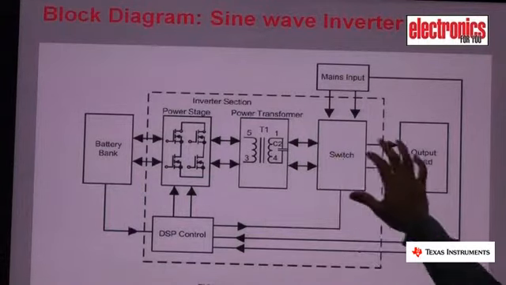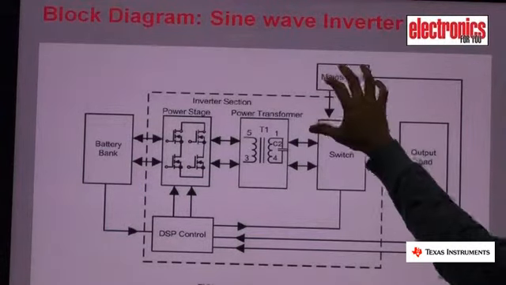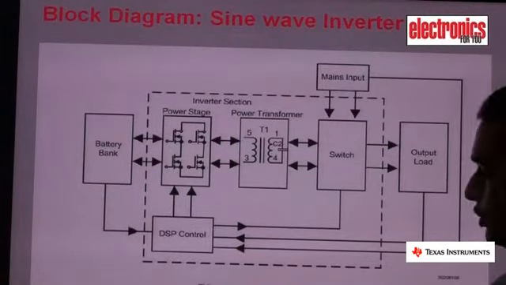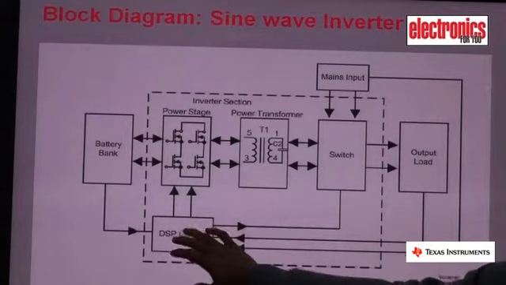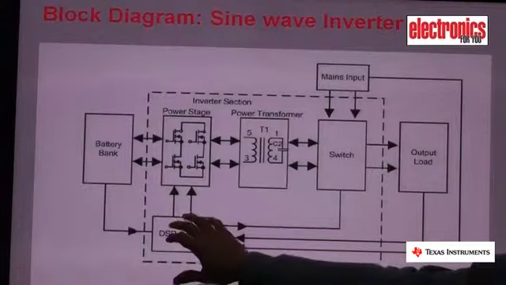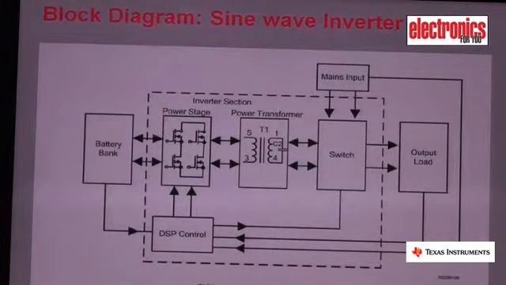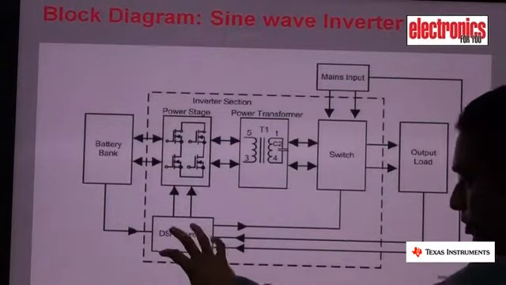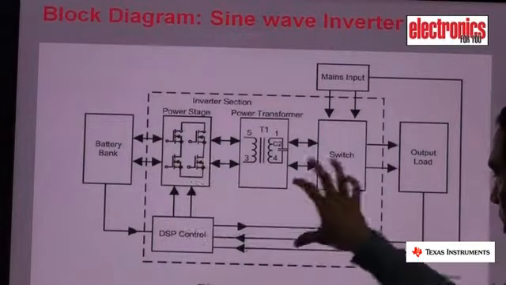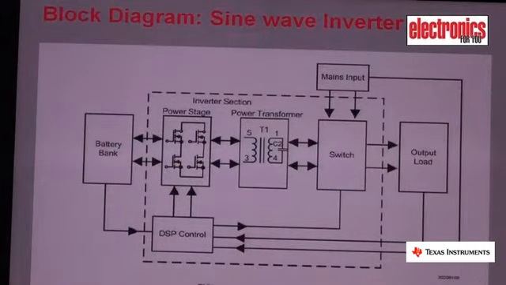Your inverter output is fed to the output load, or your mains input is fed to the output load, and that decision is made by your controller. Your controller generates a PWM scheme that drives your power stage, which is a full bridge or half bridge. Your controller also takes care of certain alarm systems such as overcurrent protection, over temperature protection, thermal shutdown, and all this is done by your microcontroller. The algorithm in the microcontroller takes care of your power stage, your output switchover and your safety features.